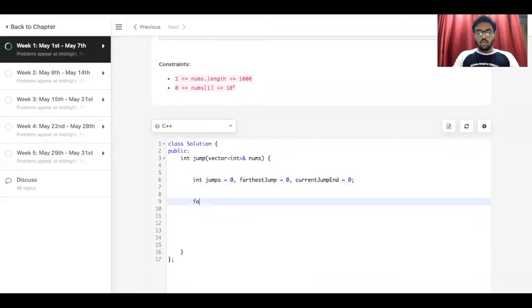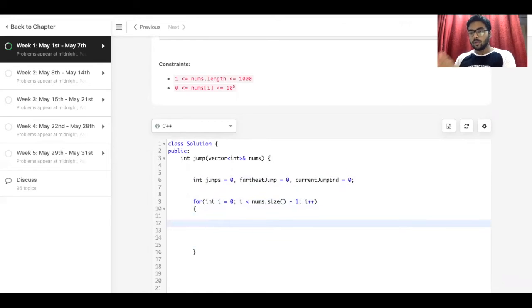Then we loop from i equal to 0, i less than nums.size() minus 1, with i plus plus. We'll be maintaining the farthest jump a particular index can take.